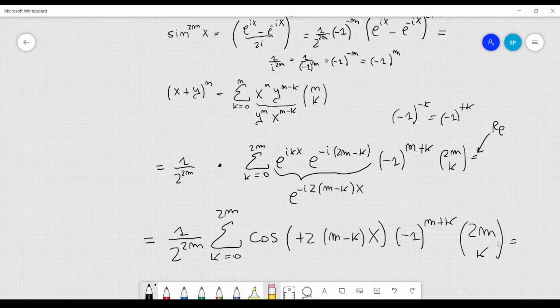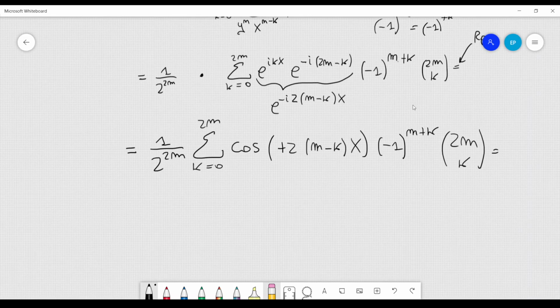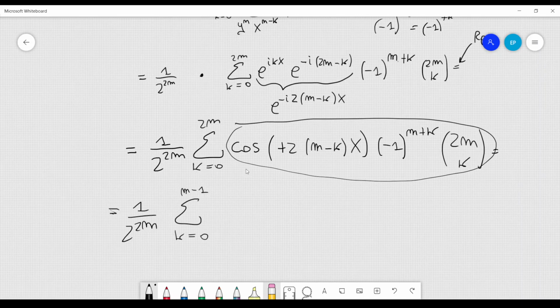Okay, and now I'm going to do the last few steps, because I'm going to rewrite the summation. I will split the summation into three parts. So I will have 1 over 2 to the power 2m, summation with k ranging from 0 to m minus 1, and then I have this expression here. So let me not write it, it is exactly the same. And then I have plus 1 over 2 to the power 2m